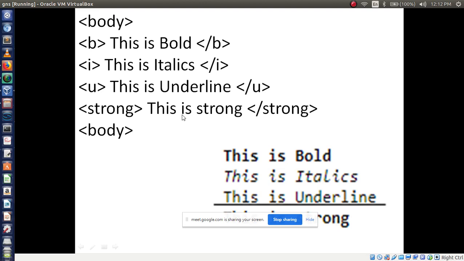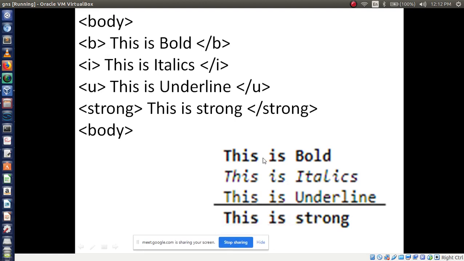See, I am using here, this is bold, so using which tag? I am using the B tag, right? So it is displayed like this. Then I am using the I tag. This is italic, so it will display in italic style. Then I am using U here.